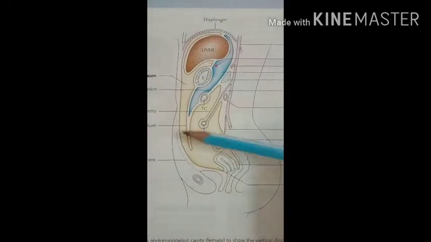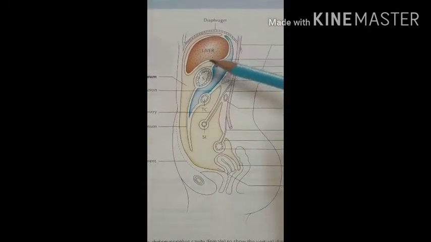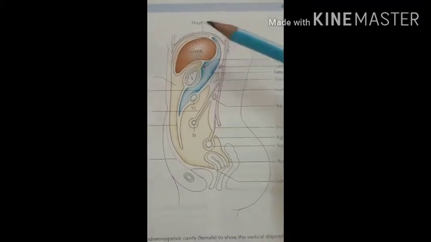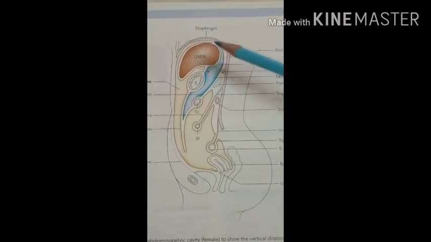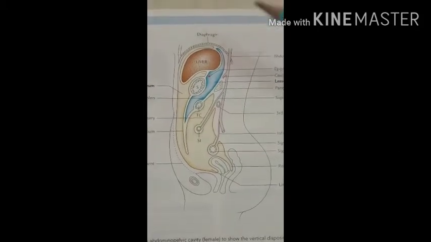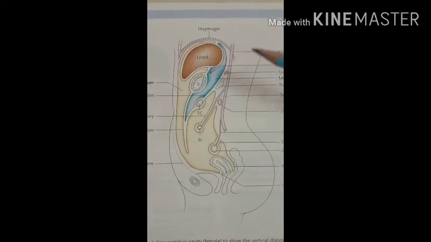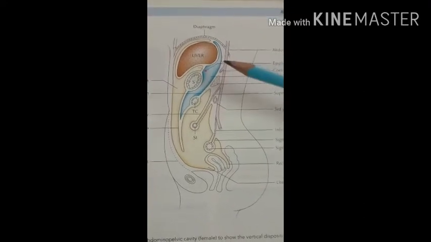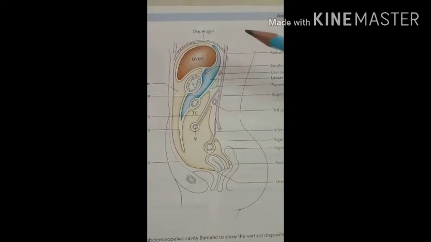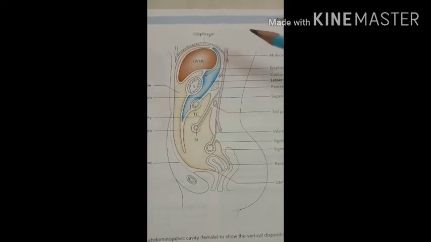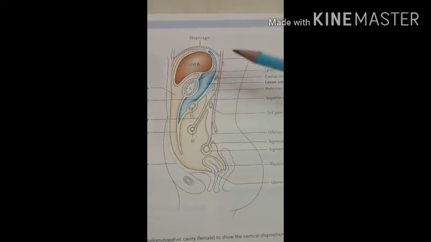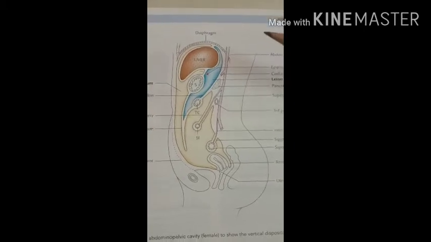So here in this diagram you can see the digestive tract or the GIT, and it is made by four layers. Outer membrane is the adventitia or the serous membrane. Second layer is the muscle layer. Third layer is the submucosal layer, and the fourth layer is the mucosal layer. So let's see first the adventitia or the outer covering of the digestive tract. In the thorax, it is made by loose fibrous tissue, and the abdominal organs are covered by the serous membrane. It is called the peritoneum.